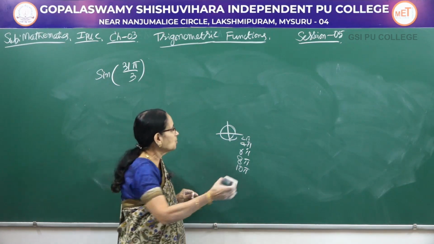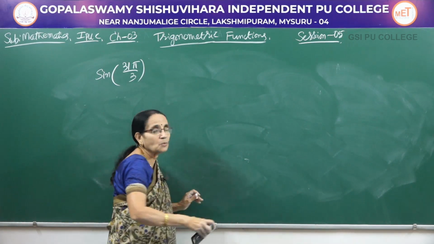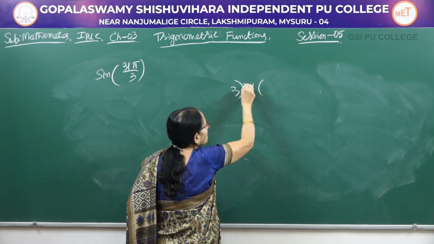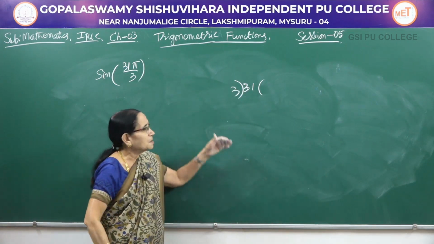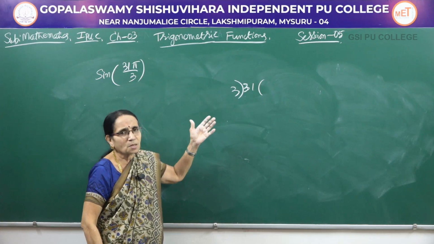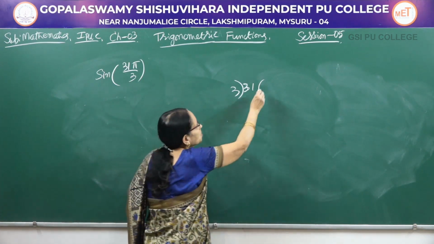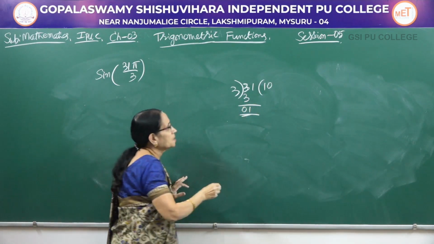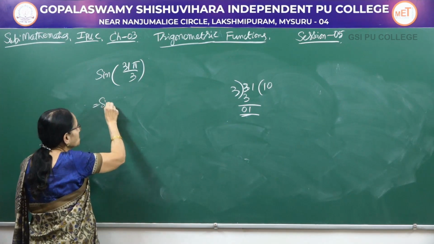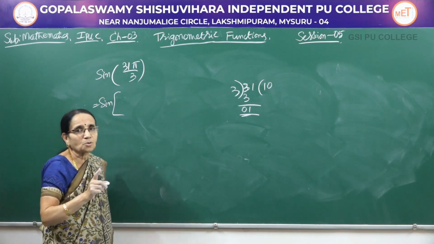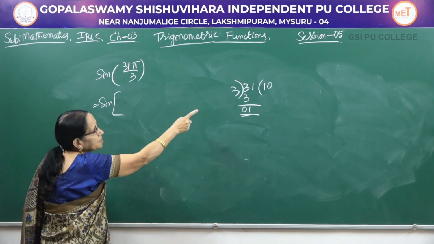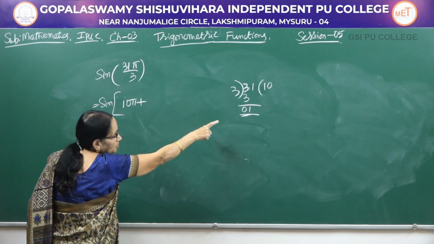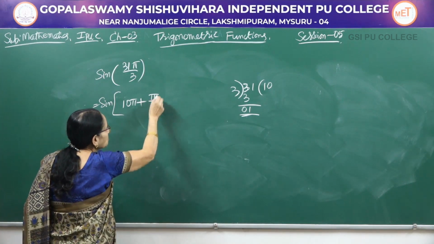So, what we do here: first it is given as 31 by 3. Keep that pi as it is, 31 divided by 3. See, I am giving the easy method which usually students find easier. How many times can you divide? 3 ones are 3, and 1 cannot be divided. So, you can write this as, let me first express it the way I wrote 360 into some number there, the same thing here: 10 pi plus, what is the remainder? 1 is the remainder, you can write it as pi by 3.